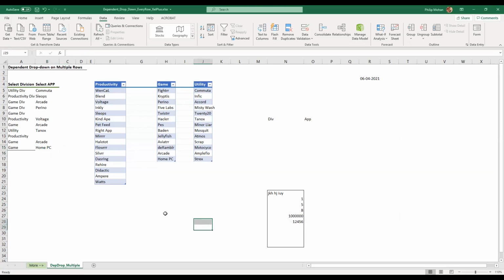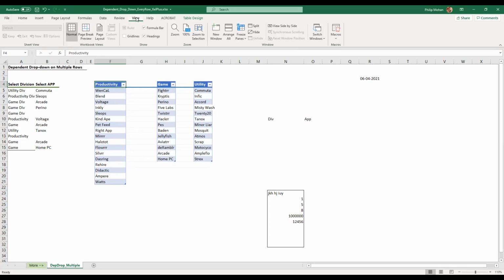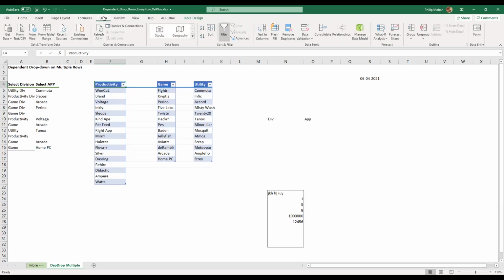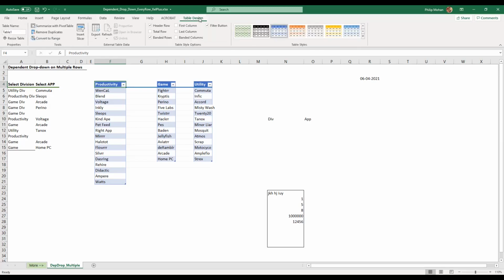Okay, let me just see one more thing. Since I moved it to a table, I don't know how to go to a table name. Formula, define name. Formula, is it? Define name manager, check name manager. No, not this name. I want to go to maybe table design. Yeah, okay. See, if I go here, then I go to table design. Table name. This is the table name.